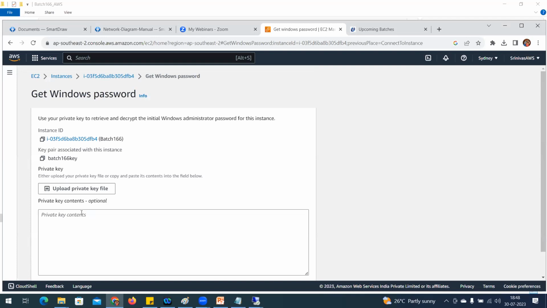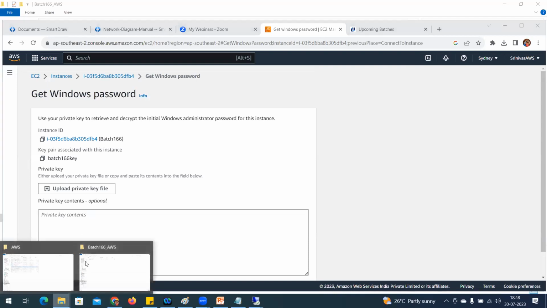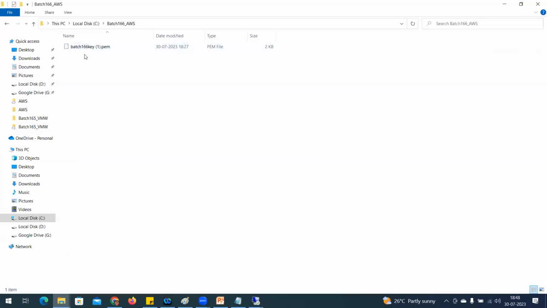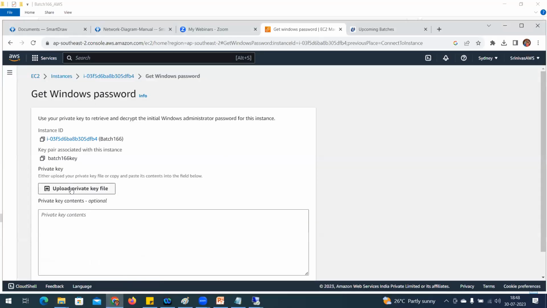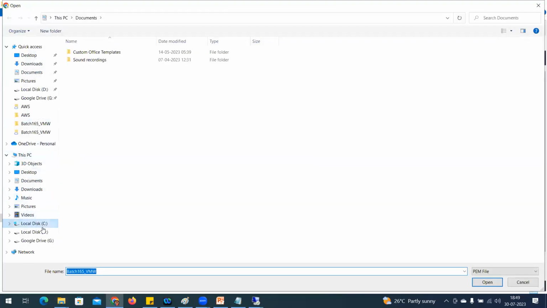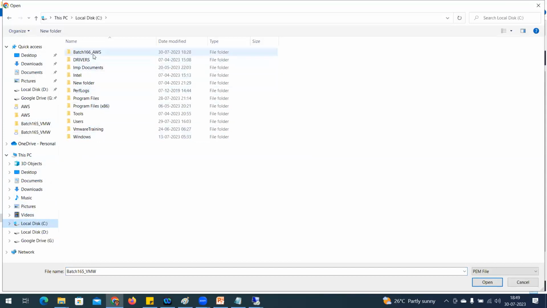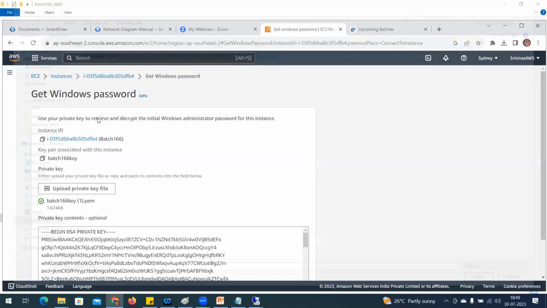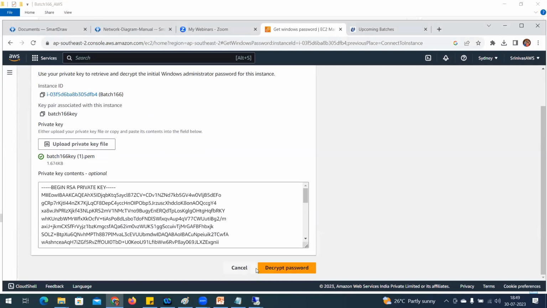We created a key pair, right? Where did we save it? We created a folder and saved that key pair file there. This particular key pair I need to upload to get the password. Just see here, just upload the key pair. Whatever file it is, where did I keep it? Under this bash AWS key pair. That's it. Decrypt the password. See here, as soon as I upload the key pair, what I did, so simple, don't get confused.